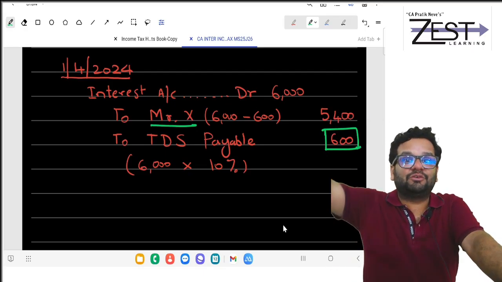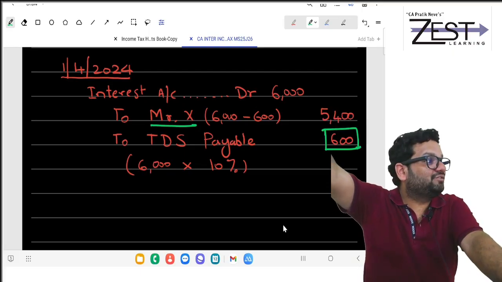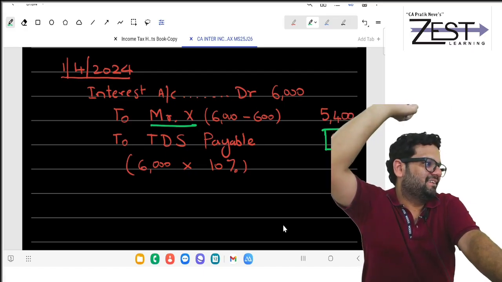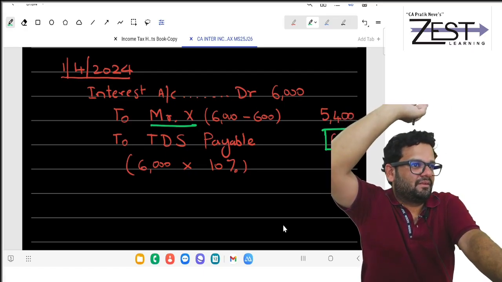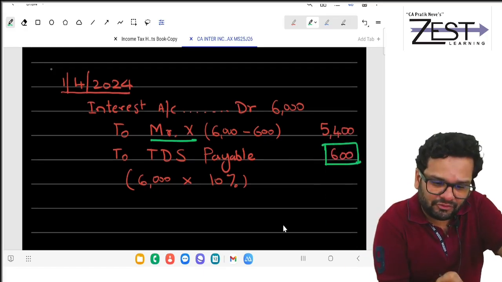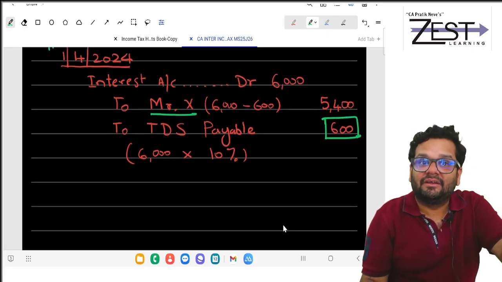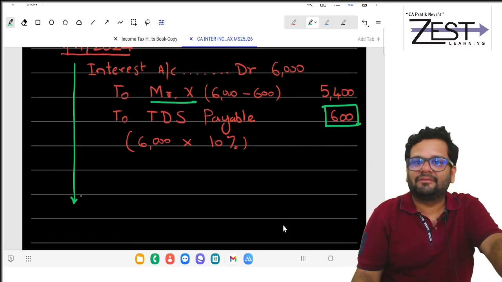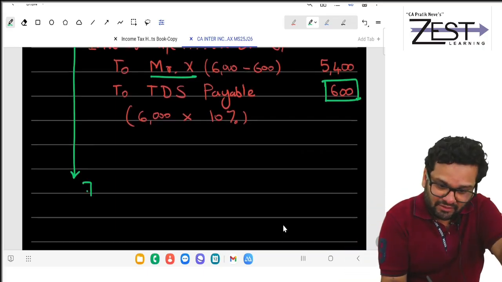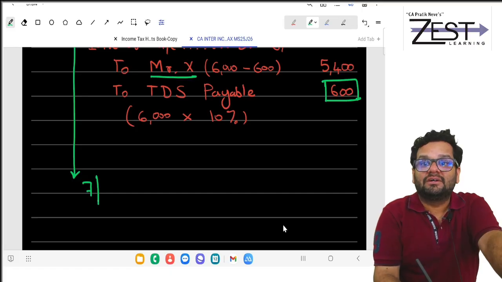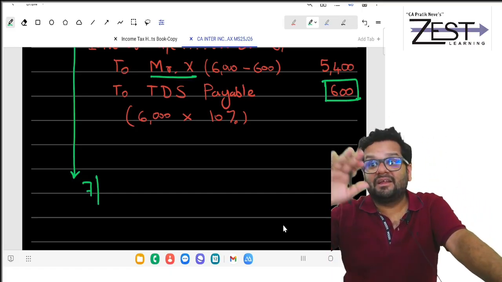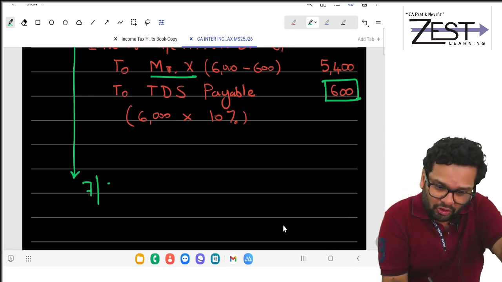When you deposit with the government, they will transfer it to the income tax account of X. Now see, this happened on 1st April. Ideally, when should I deposit this with the government? On or before 7th of the next month. So on or before 7th May